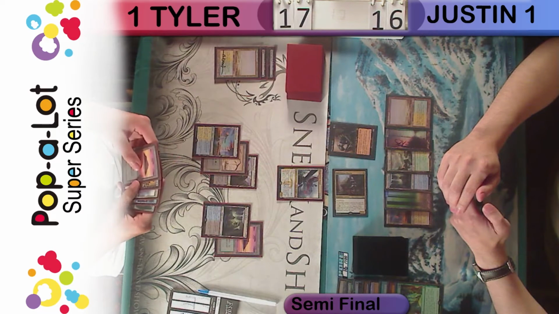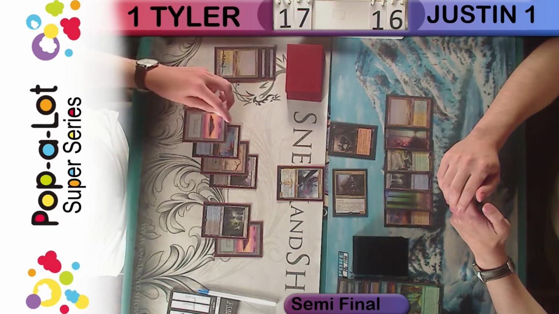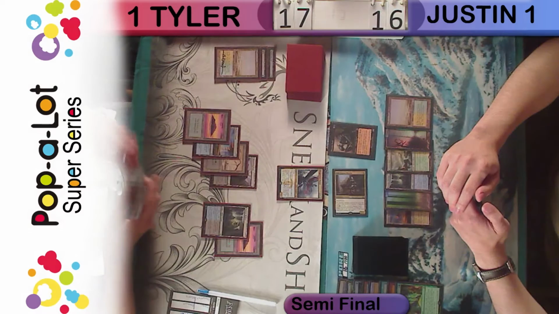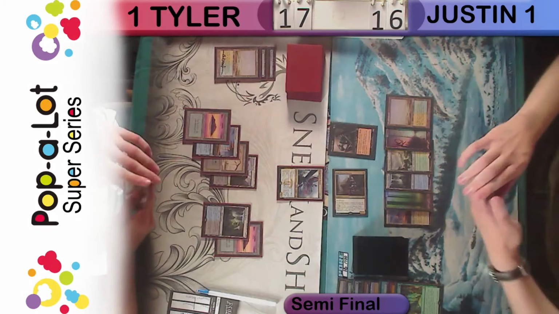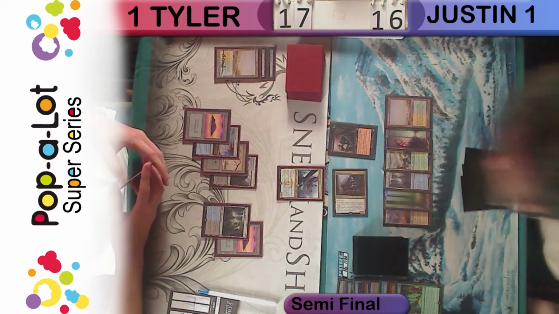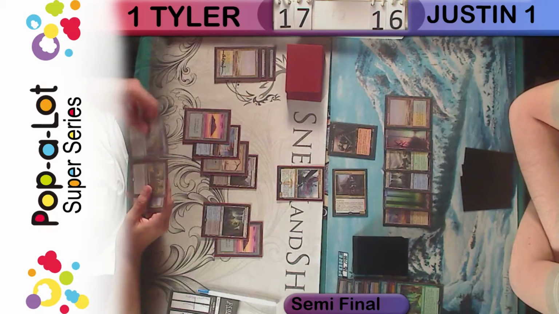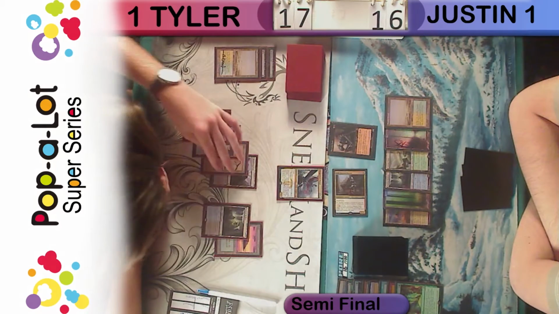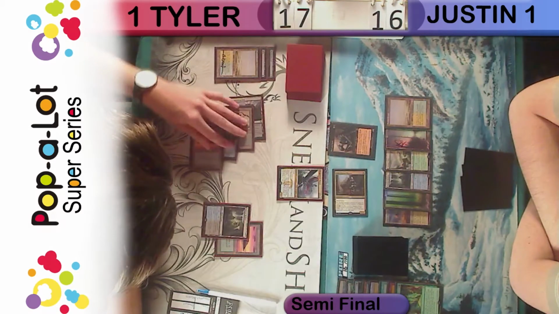But Tyler has a second Dragon Lord in hand, so I'm not sure that he's... 2 Dragon Lords, 2 Murderous Cuts. Just to note, Tyler's 2 lands off just slamming Ugin here, but he has now drawn an Infinite Obliteration, if I'm seeing this correctly. Yes, I believe he does have...